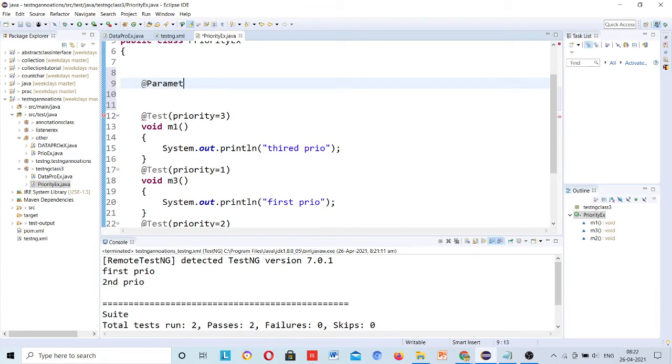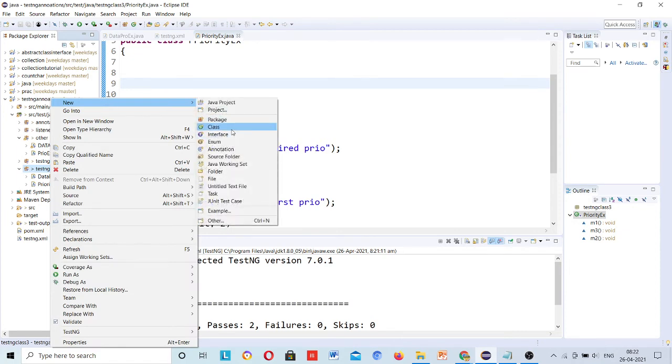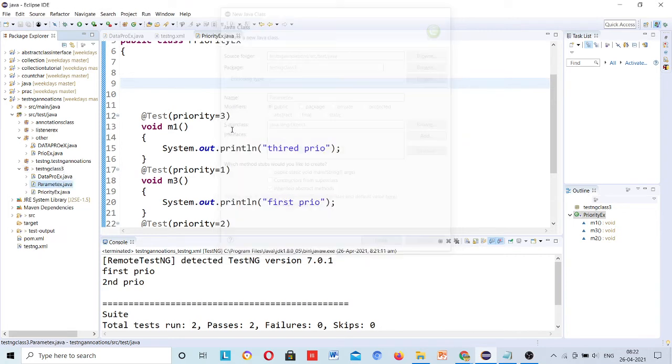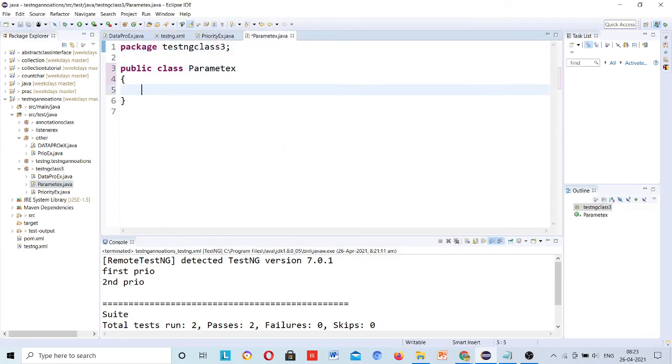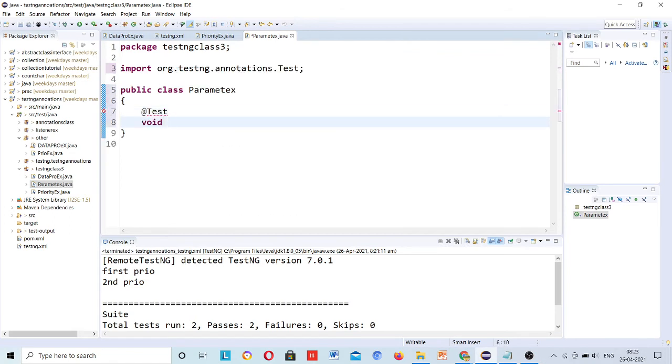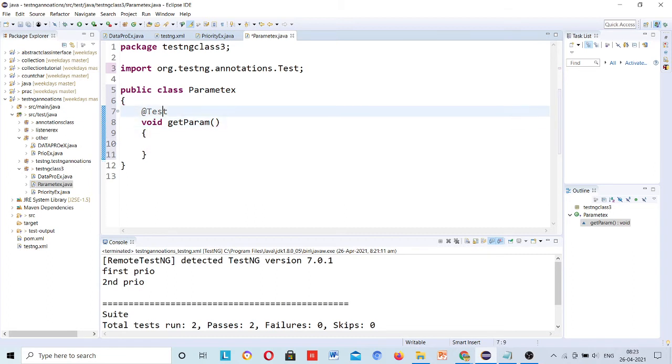Suppose in this, let me create another class for this, a new class, ParameterExample. Here I will write @Test, public void getParam, and first of all I need to give @Parameters.